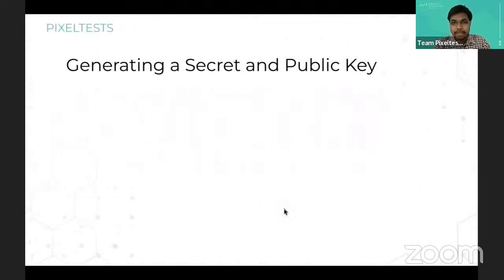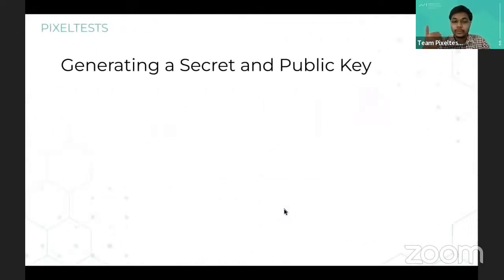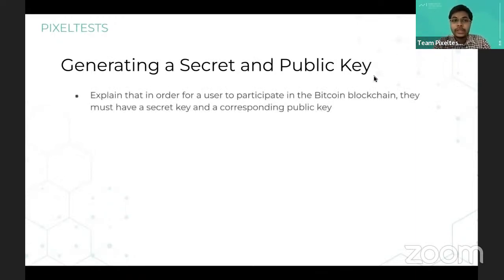And we'll understand a few more important properties. We understood the curve, but how does this curve provide the security? That is the most important thing, right? So now we need to understand that for a user to participate in a blockchain, the Bitcoin blockchain, they must have